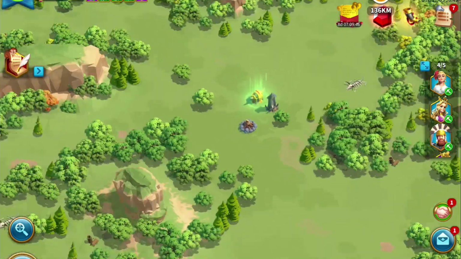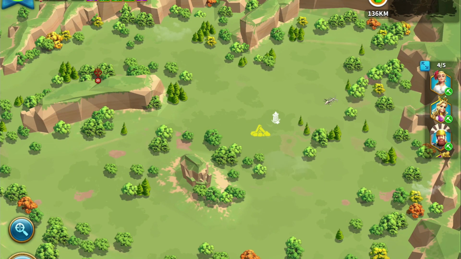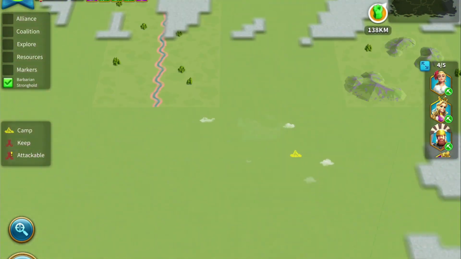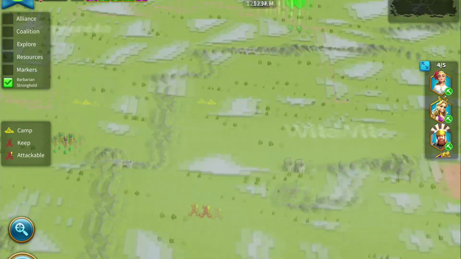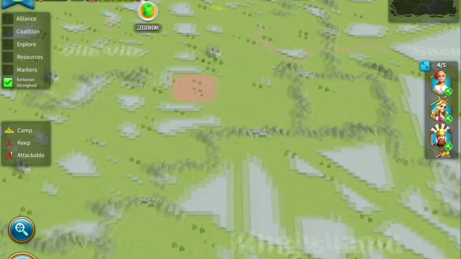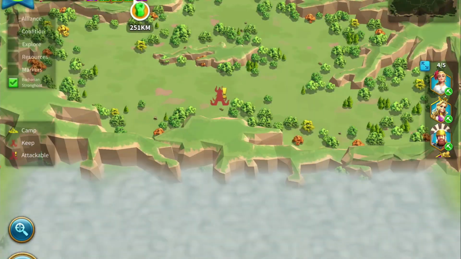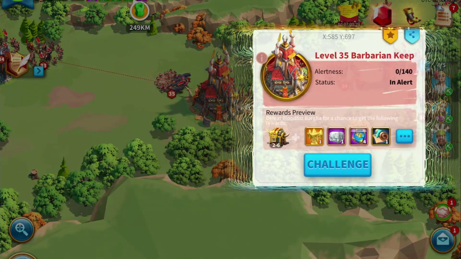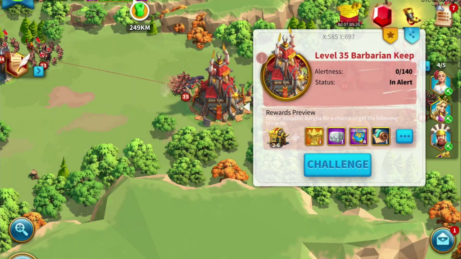Now, although these little individual camps are a good solo level challenge, and you can defeat them yourself or with a very small group, you're most likely going to want to team up with your friends to try to take down the highest tier keeps that you can possibly find. These Barbarian Keeps reward much more exceptional loot. The boss also gives much better loot when you defeat him, and these are a bit more tricky to navigate